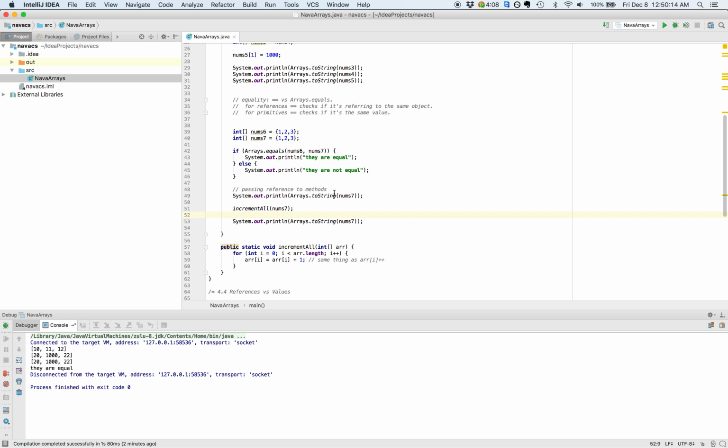Okay. So it looks like this method changed nums7, which is kind of a new concept because in the past we thought that we couldn't do things like this. So let me give an example with a primitive, right? So int i or